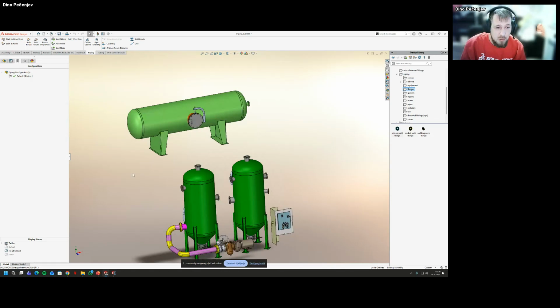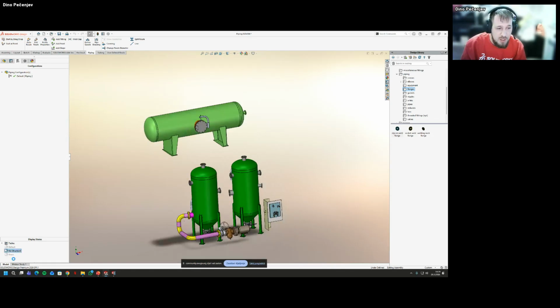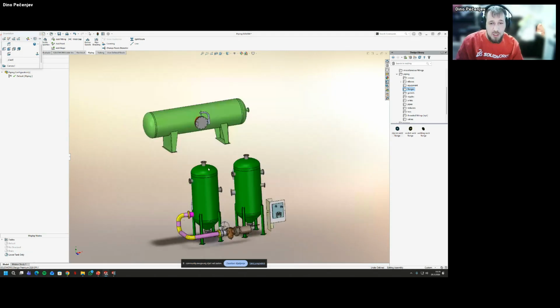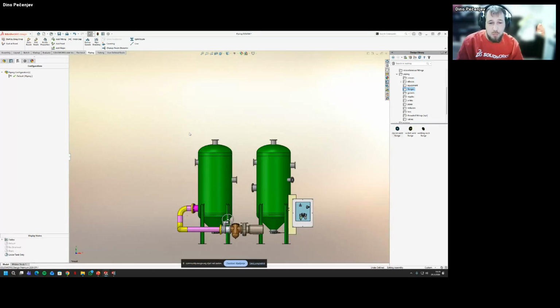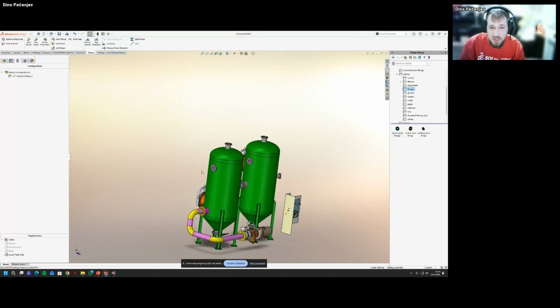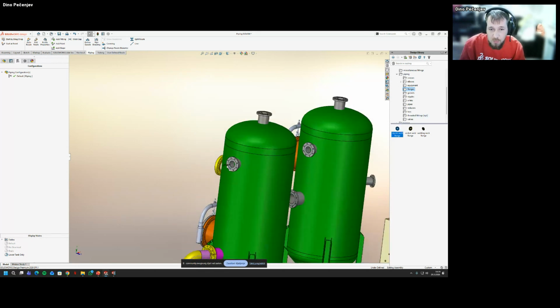Here, I'm going to create another display state, lower tanks only, and I'm going to activate it. I'm just going to hide the components. So we're going to start a new route, the upper part of the route.